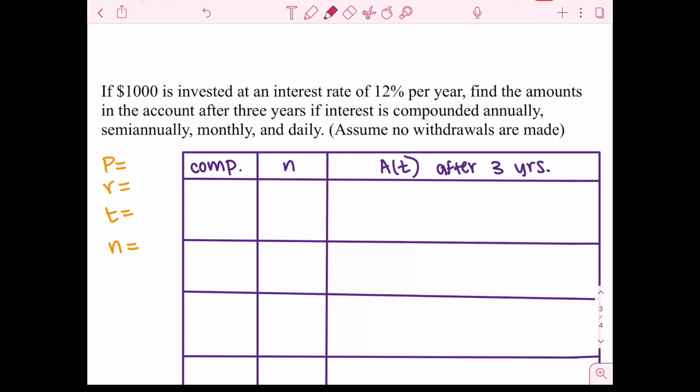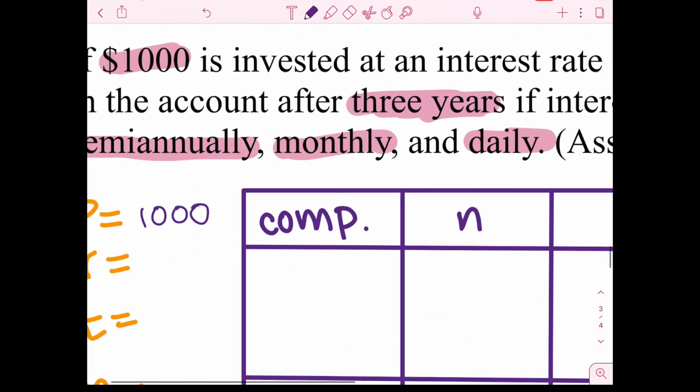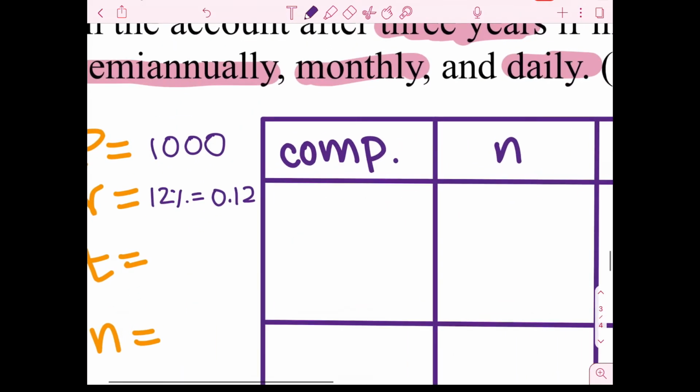But as we did in the first thing, we're going to highlight all of the important stuff. So $1,000, important. 12% per year, this tells us our annual interest rate. 3 years, so in the account after 3 years, compounded annually, semi-annually, monthly, and daily. Wow, okay, so definitely we have a lot of components. Our P is 1,000, super easy to find. Our R is 12%, or 0.12. Our T is 3 years,